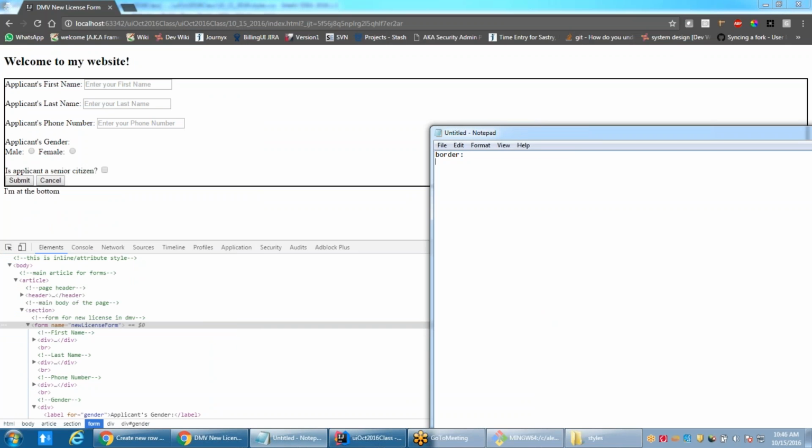Meaning there is border style, there is border color, there is border image, believe it or not, and then there is border size, border width, so many. There are so many. But if I keep on writing like this for each single border entity,